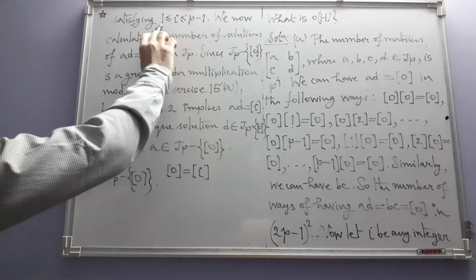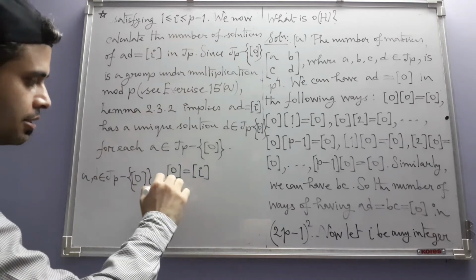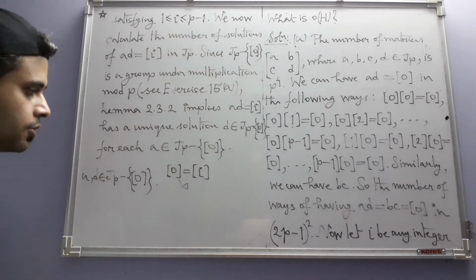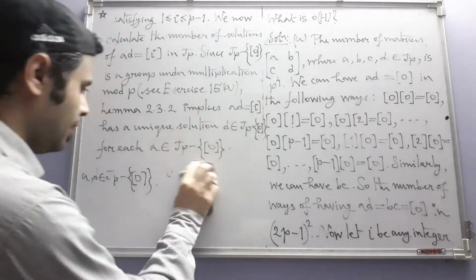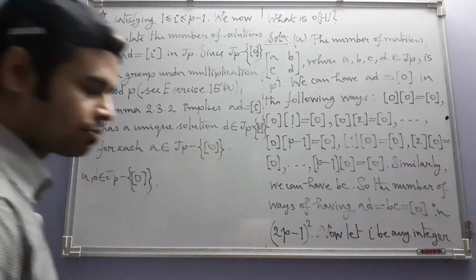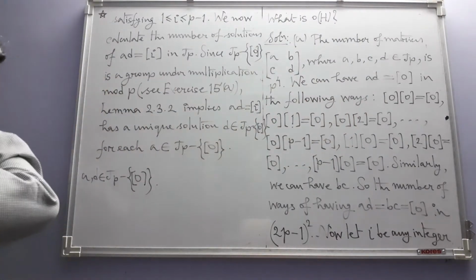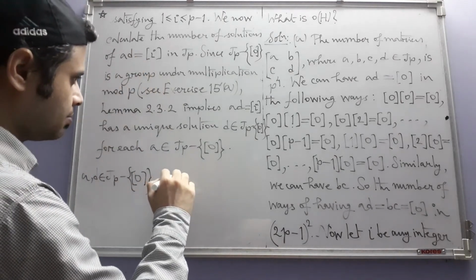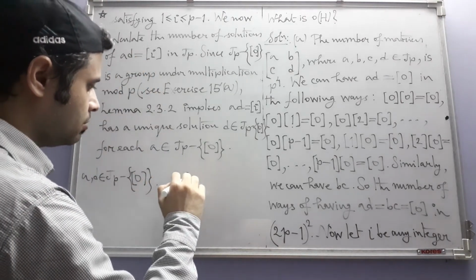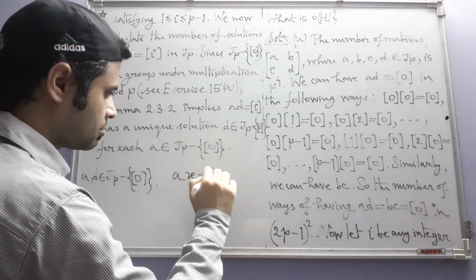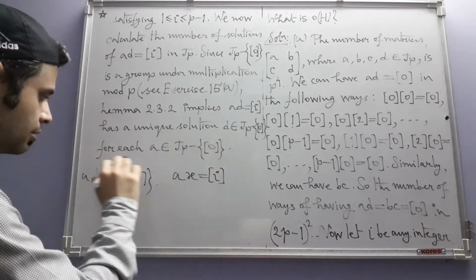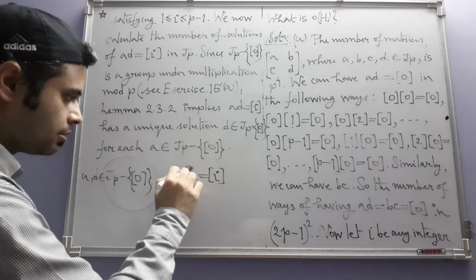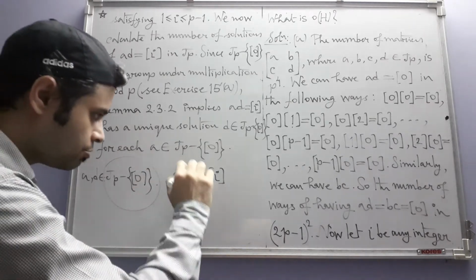However, since I lies between 1 and p minus 1, this is not possible. So that's why A and D are both coming from Jp minus 0. Now if you treat D as a